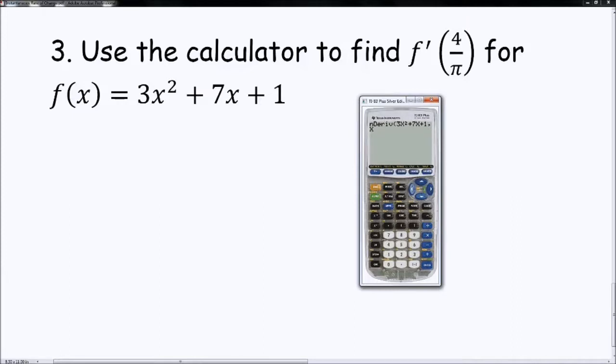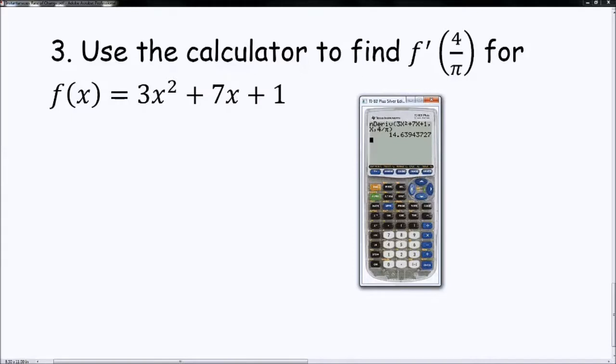So we're going to do comma x. The first input is the function, and the second input after the comma is the independent variable. Finally, the calculator wants to know at what point, so we're going to do 4 divided by pi, and then close parenthesis. We allow the calculator to do the work for us, and so we get